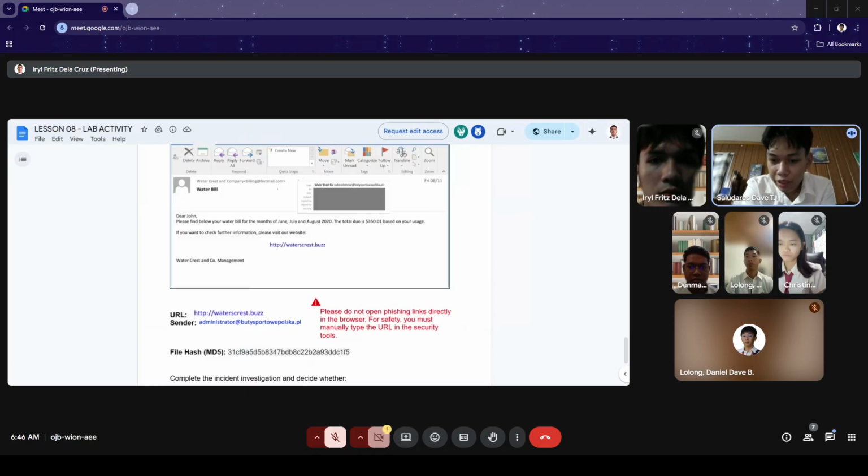To enhance your security, you should scan your device for malware. For computers, we have Windows Defender, Malwarebytes, and Avast. Then lastly, you can report this incident.